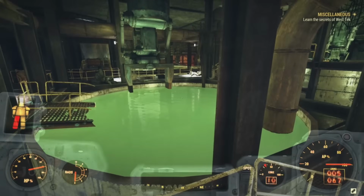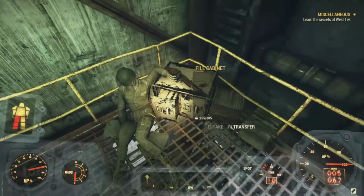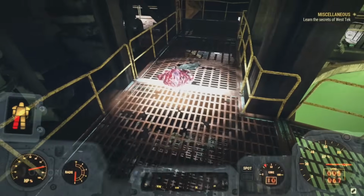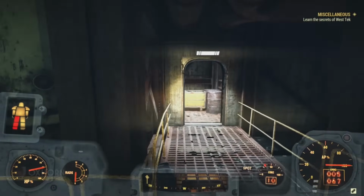We can take a ramp up to the main catwalk to finish exploring the vat room. In the southwestern corner, we find the skeleton of a U.S. serviceman. Even more evidence that West Tek here was working in conjunction with the military, just like the West Tek on the West Coast. I hopped in the vats to see what would happen, but the footage I took got